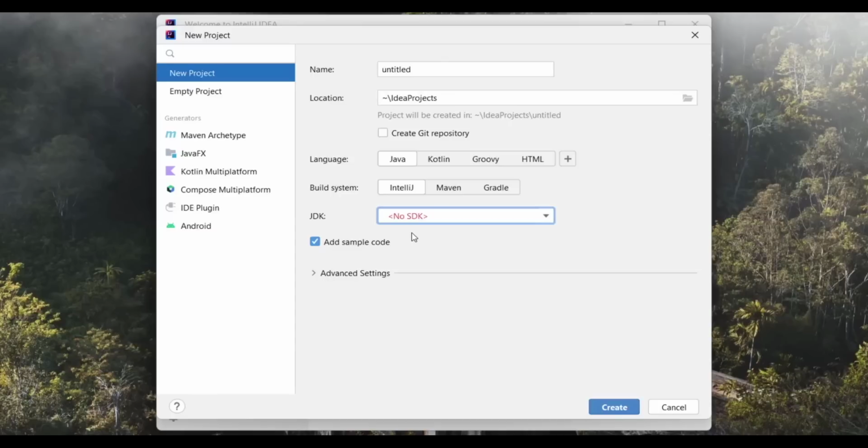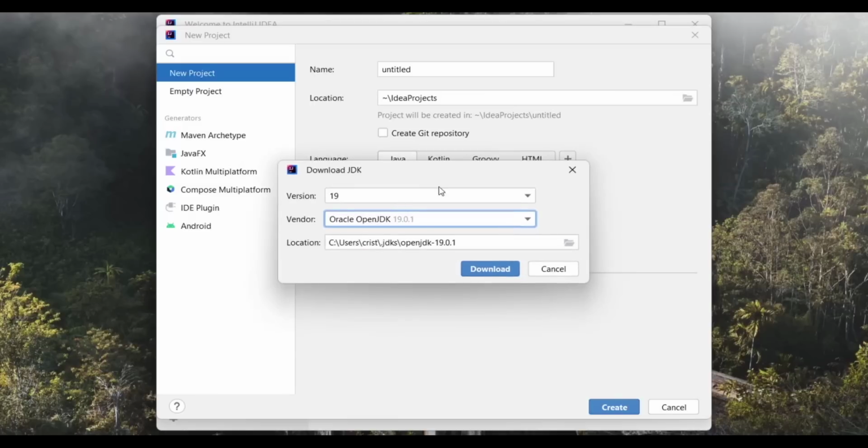What that means is that, first, what is the SDK? SDK stands for Software Development Kit, and as you can see here, it says JDK, and JDK stands for Java Development Kit, and the SDK is basically the Java Development Kit. However you want to call it, this contains the tools that we need for our app to be able to run and compile our code. And this JDK contains those tools. So you need to click here where it says download JDK.